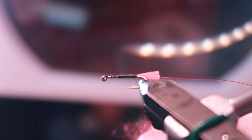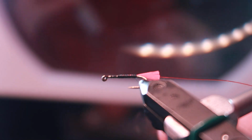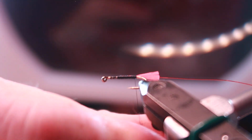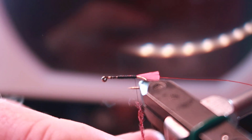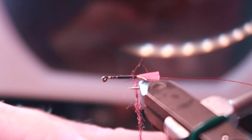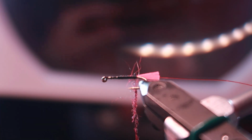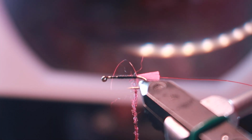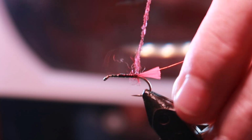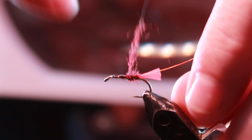When I'm doing dubbing I put a little bit of this on my fingers, goodness me, I've had this for years, and it just helps the dubbing to form a little noodle. So I've got approximately 2 inches of a dubbing noodle, and then we're just going to form a body up along here,